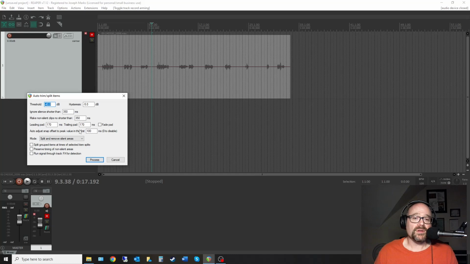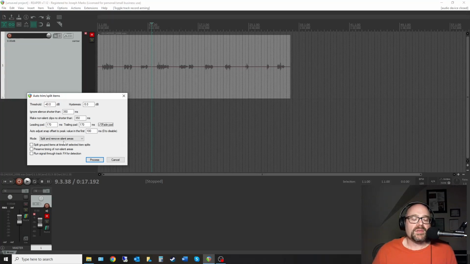It's going to split in between the phrases and then totally get rid of the silence and smush them all together. So in order for it to sound like a human talking, you don't want them really, really close together. You don't want them too far apart either. So these are what I've had to play with a little bit, is the leading pad and trailing pad. And I like to do the fades also, just so it doesn't sound as abrupt. Although now that I figured out how to filter out background noise, you don't really hear those abrupt changes between actual silence and